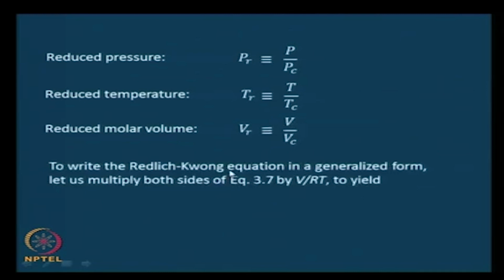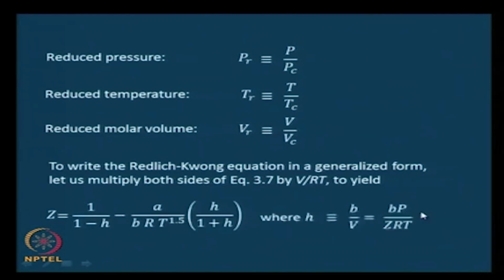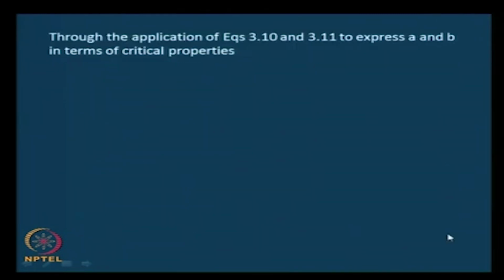And to write the Redlich-Kwong equation in a generalized form, we did some manipulations to get it of this form: Z equals 1 by (1 minus h) minus (A by B RT^1.5) into h by (1 plus h), where h was just a convenient combination of B by V, which can also be written as BP by ZRT. And then we could express A and B in terms of the critical constants that we have already seen earlier, and therefore, if you substitute those expressions here for A and B, which I had already seen,